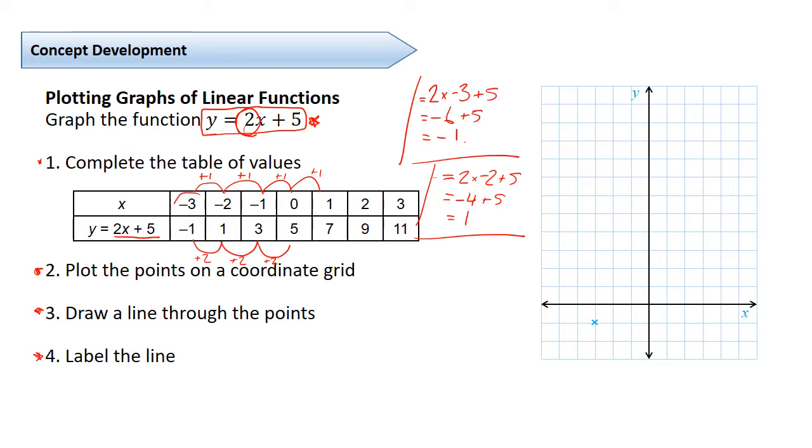So if we do our first pair, we're going to go to minus 3 and minus 1. Well, we need to go to minus 1, minus 2, minus 3 in x. The negative is over on this side, positive over on this side. And similarly for y, it makes sense if we go up, we're positive, and down, we're negative. So we need to go down 1 to get that point there. You can follow that process all the way through until we get all of our points on our grid. We're going to draw a line through it and we're going to label it very nicely like that. So hopefully